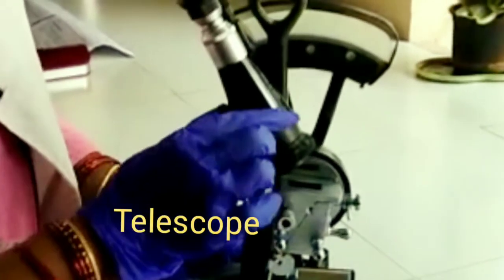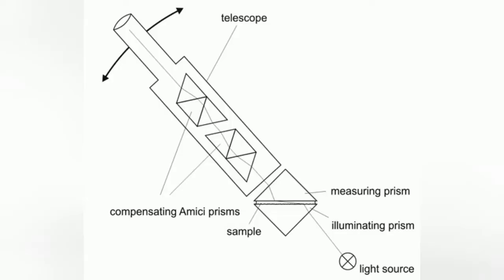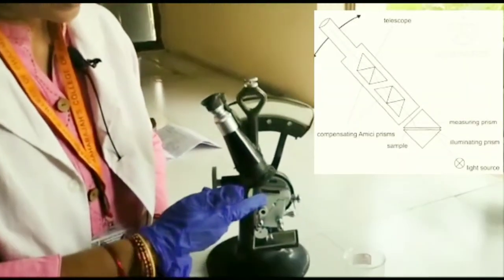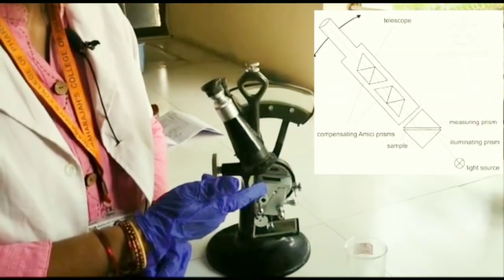And then we have a telescope. When the light is reflected into the lower prism, the surface of the lower prism effectively becomes the source for an infinite number of rays that pass through the sample at all angles. The radiation is refracted at the interface of the sample and the smooth ground face of the upper prism. After this, it passes into the fixed telescope. So from the upper prism, the light rays pass into the telescope.